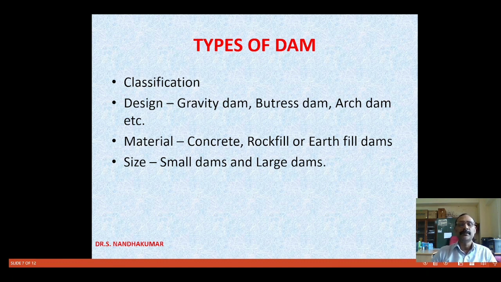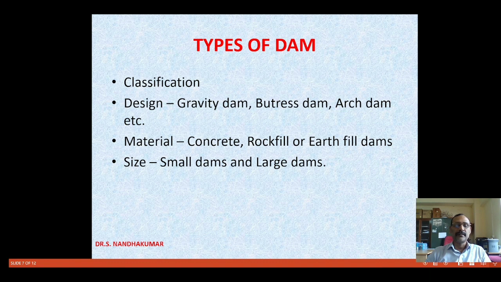How are we going to categorize which one is a small dam and which one is a large dam? We have some categories. The top portion of the dam, we generally call it the crest, right? If the crest length of the dam is greater than 500 meters, and the capacity of the reservoir is not less than 1 million cubic meters, and the maximum flood discharge is not less than 2000 cubic meters per second,